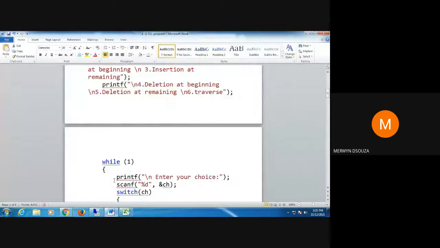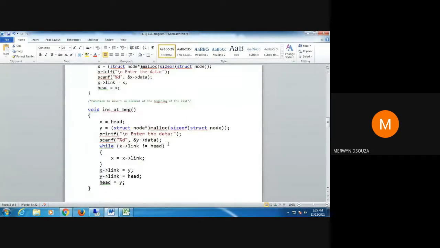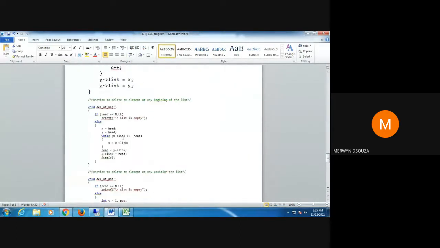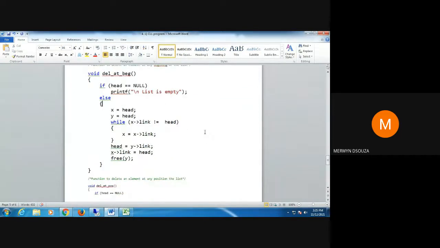How to do that? Let's see. So I'm calling delete at the beginning. If I'm deleting a node, then first of all I check whether value of head is equal to null. If value of head is equal to null, that means the list is empty and there's nothing to delete.